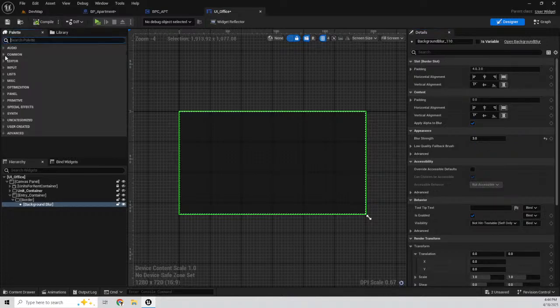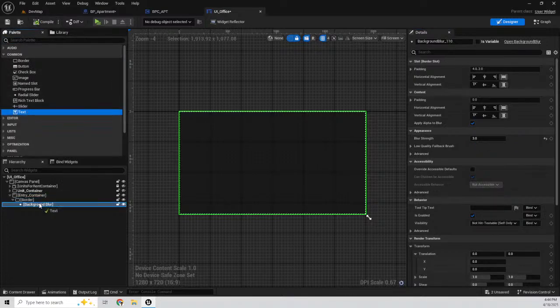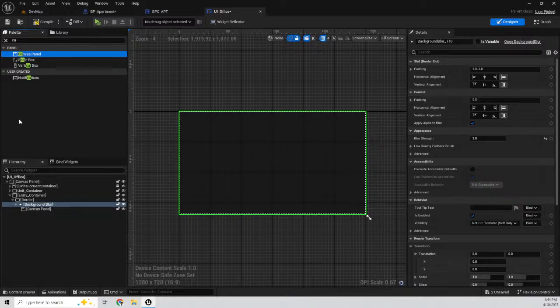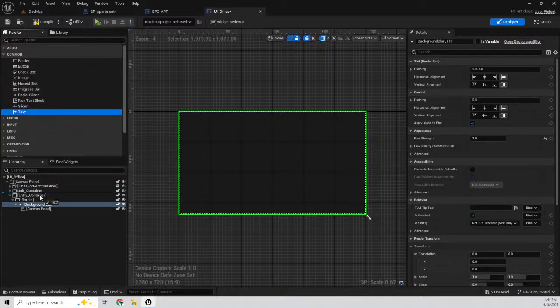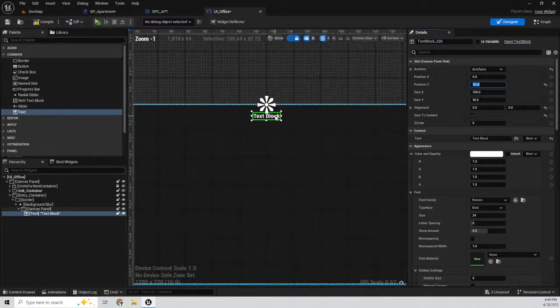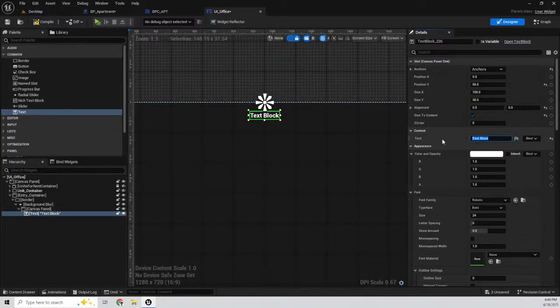And let me get a text. No. I need the canvas panel first. And add a text. And size to content. Boom. Minus 15. Oh, 50. And says welcome to